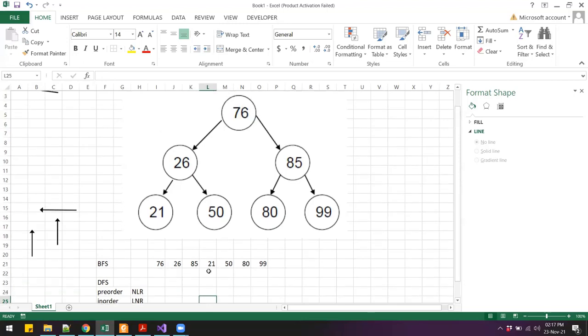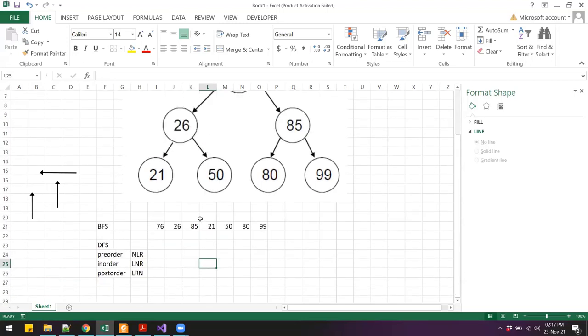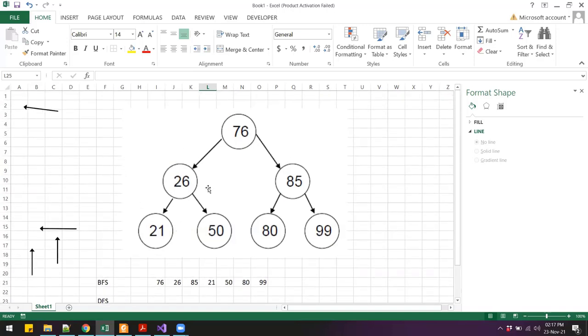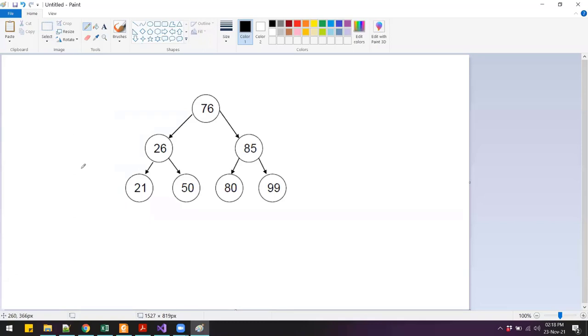Now, the simpler way to traverse, rather than going to each node and performing those three operations, is this: whenever you are given a tree, you will first go around the border of the tree and draw a line. Something like this.